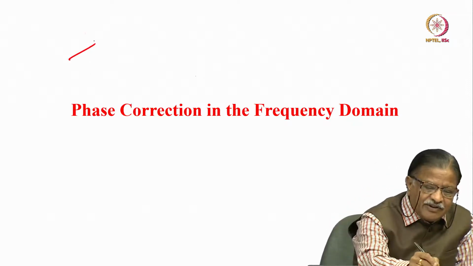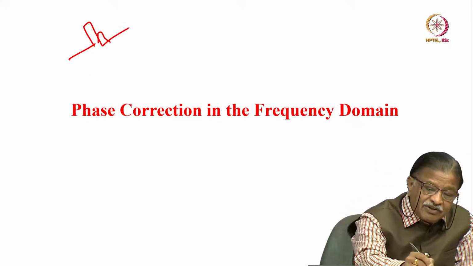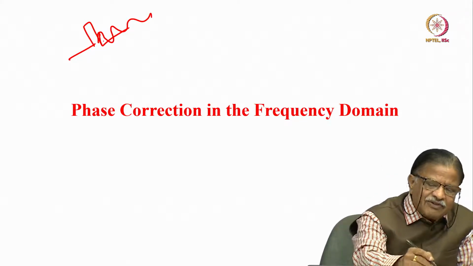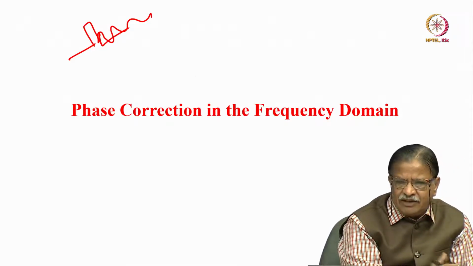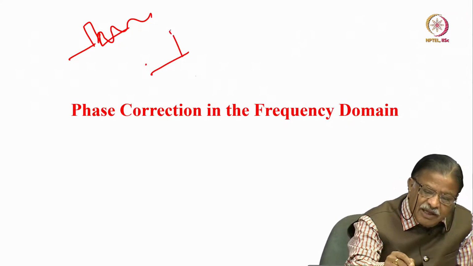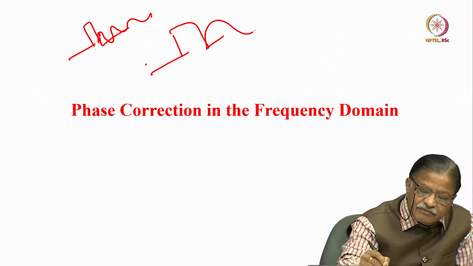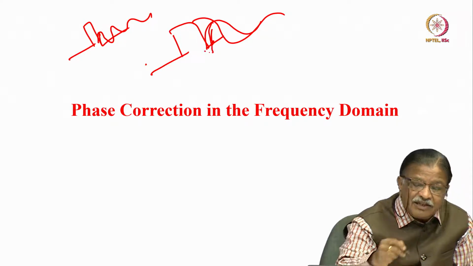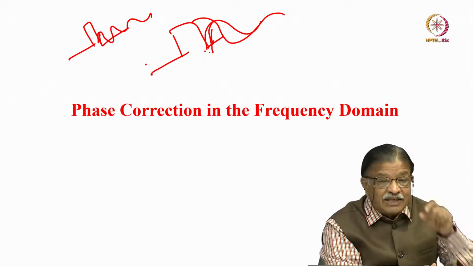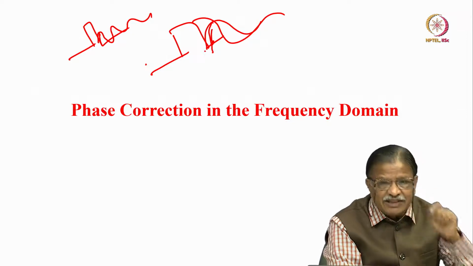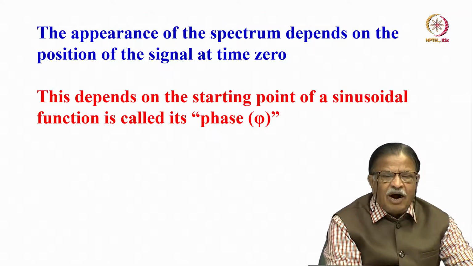You send a radio frequency pulse here. Immediately after this you should start collecting the signal. But what happens is there will generally be some delay, a microsecond or something. During that delay, instead of collecting signal from this point, in principle you have to start collecting from this point, or sometimes this point itself, no problem. But then if there is a delay, you start collecting from this point, then what will happen? You are not exactly starting at 0, there is a phase error. Phase errors will invariably be present. You need to correct this in the frequency domain. Okay. So how do you correct this?